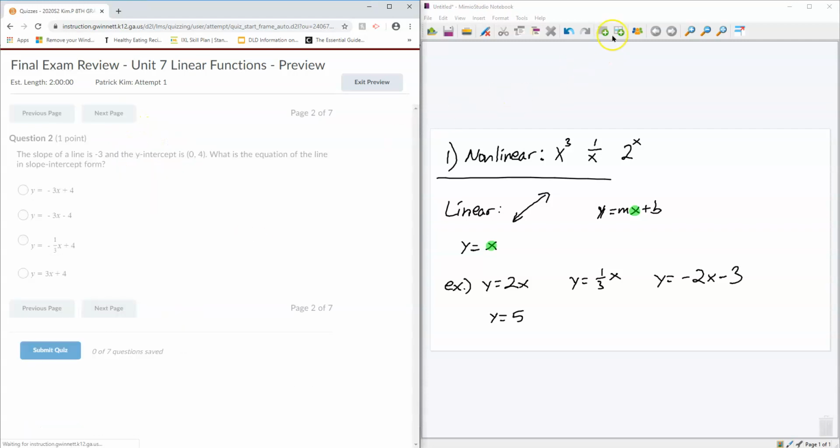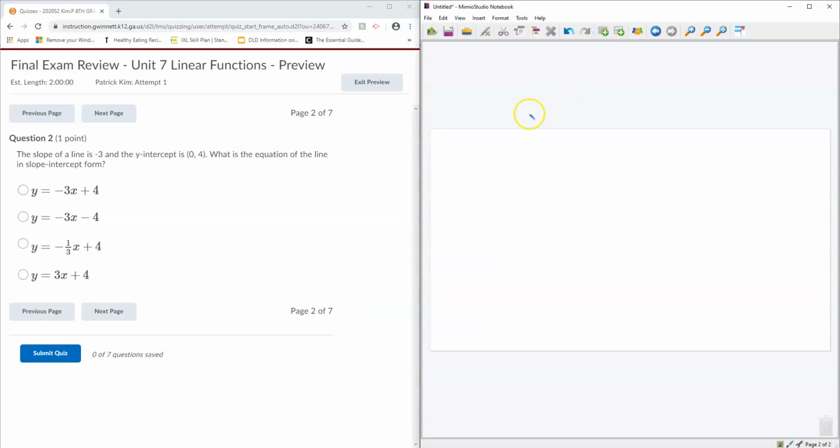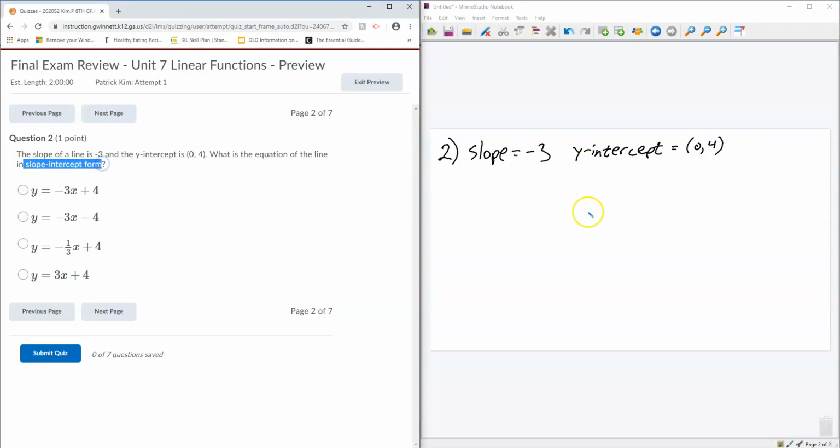Okay, moving on. Let's do number 2. The slope of a line is negative 3, and the y-intercept is 0, 4. So we have a slope of negative 3, and the y-intercept is 0, 4. What is the equation of the line in slope-intercept form? There's your clue right there. Slope-intercept form means y equals mx plus b. Now remember, your slope,